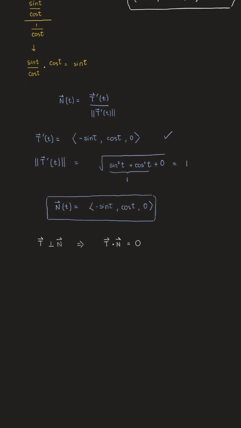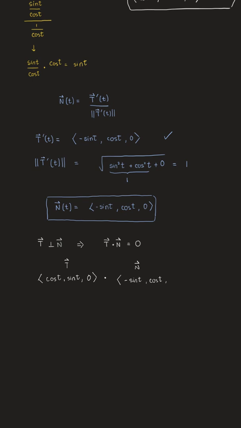Let's do that. So our vector T is cosine t, sine t, and the third component is 0. And we're going to do the dot product between T and the principal normal vector that we just found. That's negative sine t,